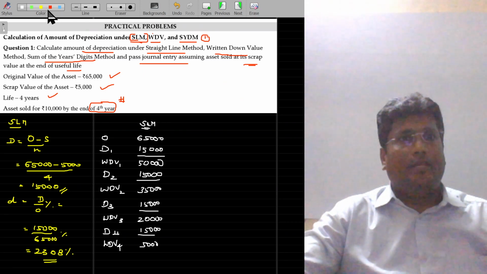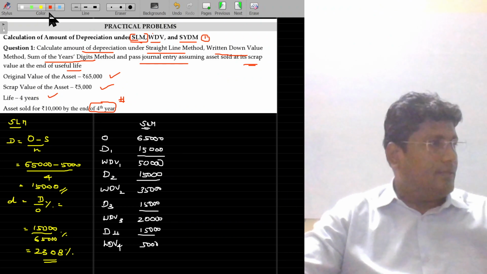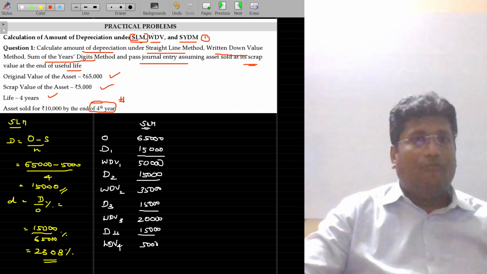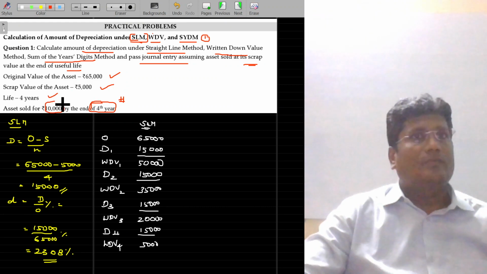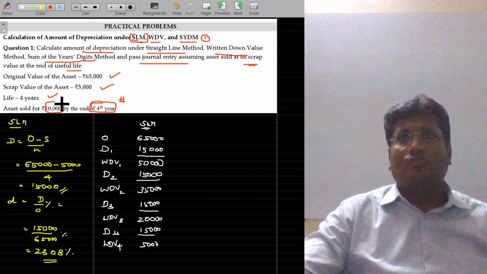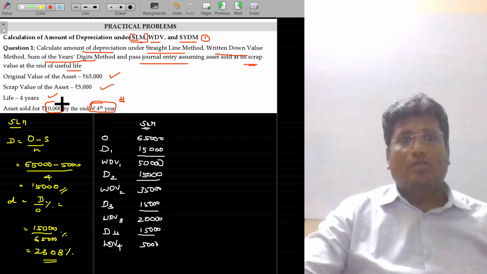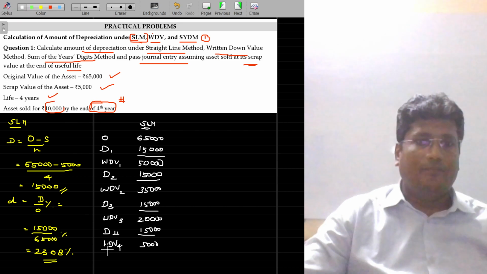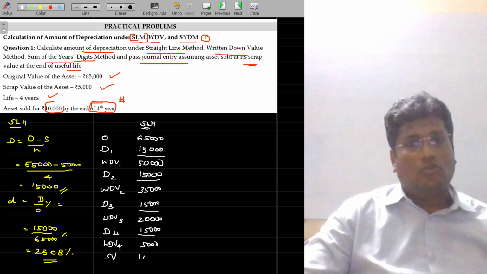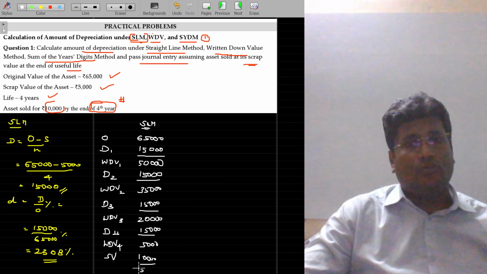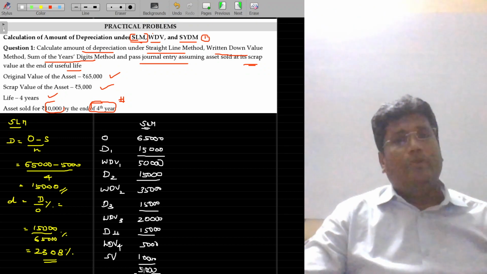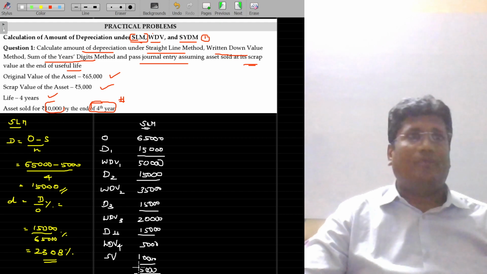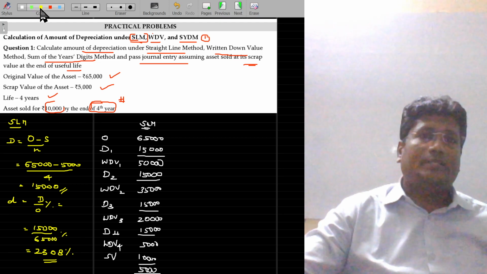Now get back to the question here. In this question, by the end of fourth year, it is sold for 10,000 rupees. As per my books, it shows only 5,000 rupees but sold for 10,000. What does it mean? I gained 5,000 rupees because of that sale. So sale value being 10,000 rupees, the difference between these two is nothing but profit on sale. We have already seen the journal entries in detail, how to handle the case of sale of the assets either in profit or loss, right? Let's now move on to the next